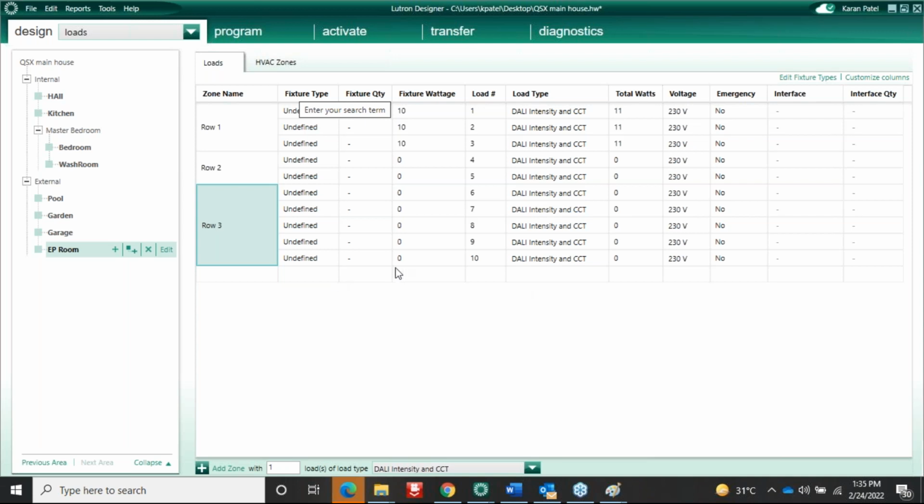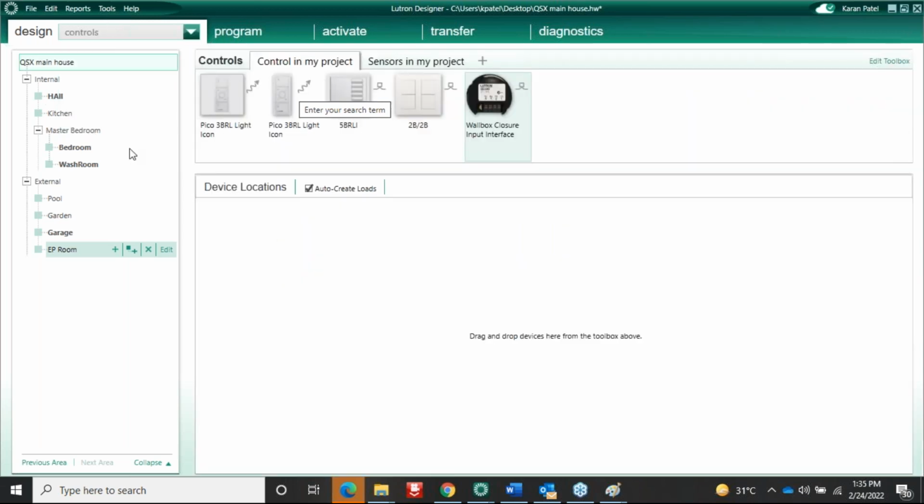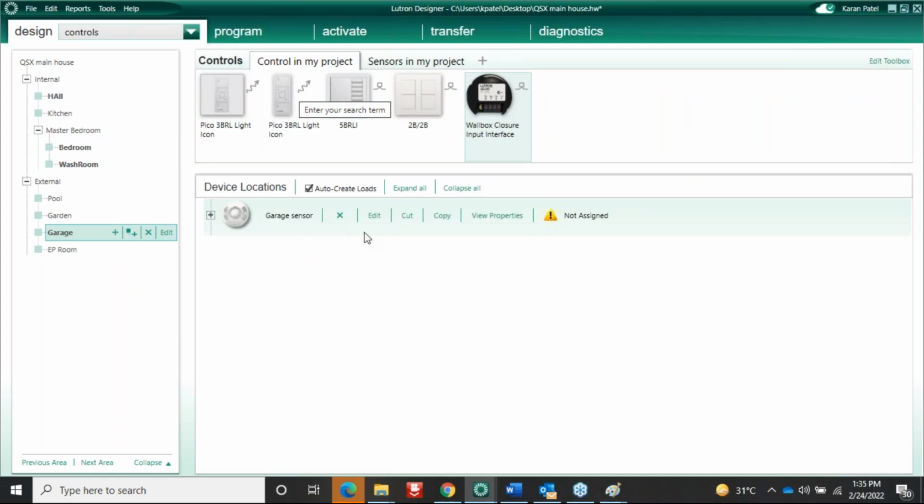Yakub Molla has asked the question: for a wired sensor, do we require a QSM or not? If you see here under the control tab, you have a sensor in the garage. This garage sensor I can assign to a wired QSM, or I can also assign this sensor